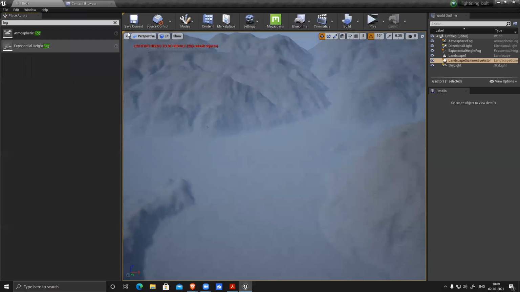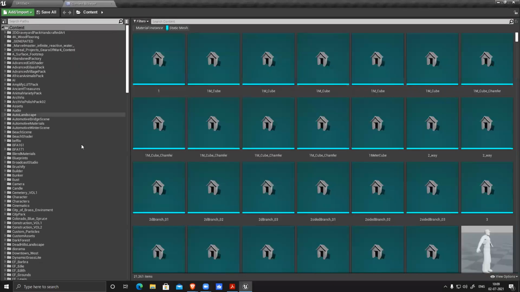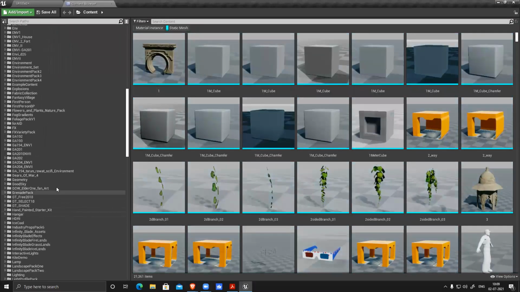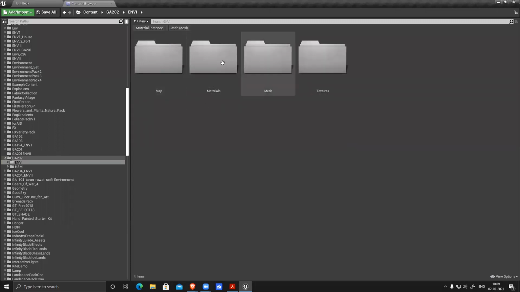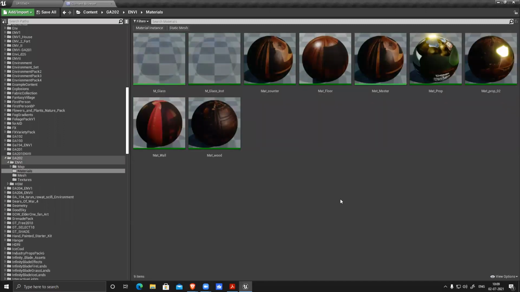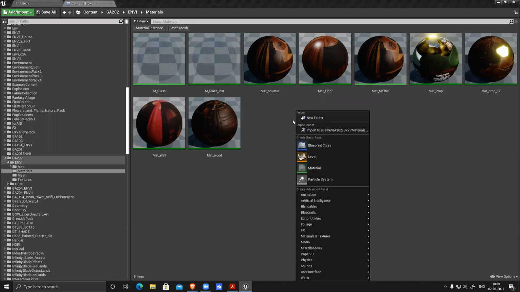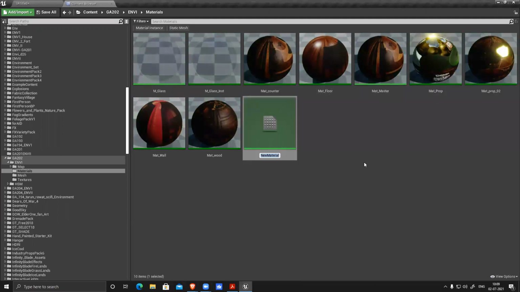Go to select mode, exit this mode, go to content, and now I want to create a landscape material. Landscape materials are not the same; it's a little different. Let's see, right click, create a material.